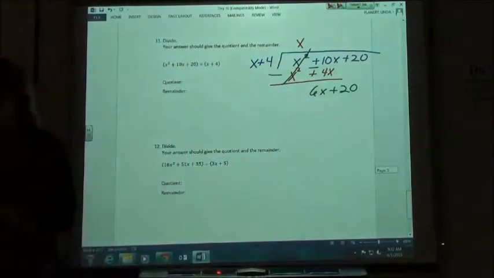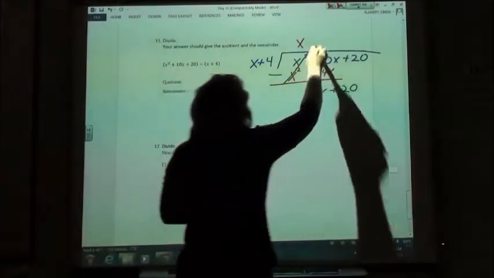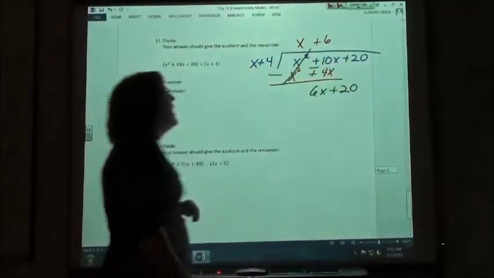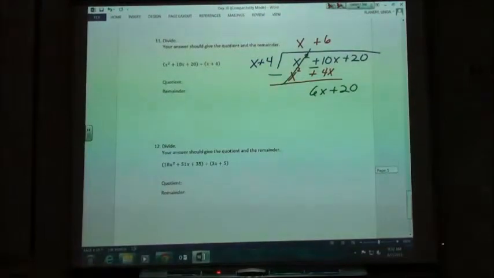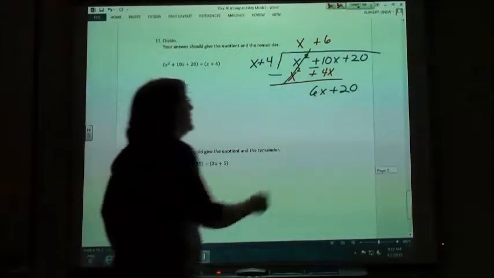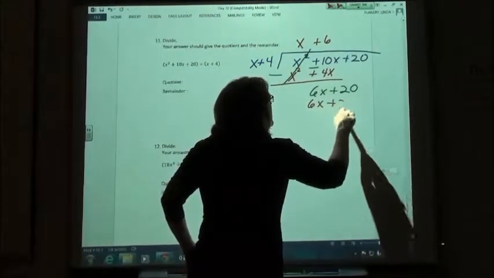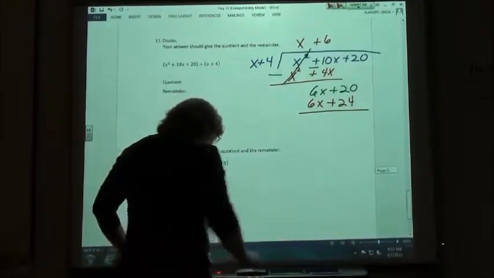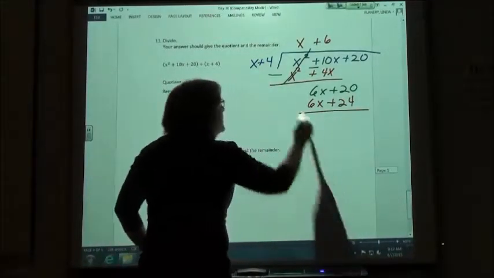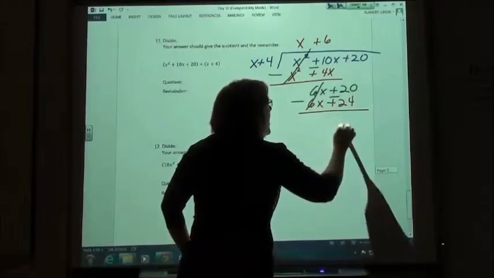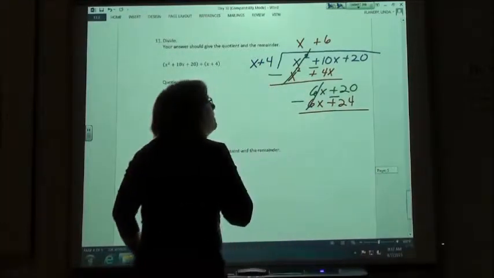So now we have to figure out, what do we take times the x to get a 6x? Just a 6, so a plus 6 goes up on top. And then we multiply that out. So if we multiply that out, we would get 6x plus 24, and then we have to change our signs, and so we get, cancel that out,